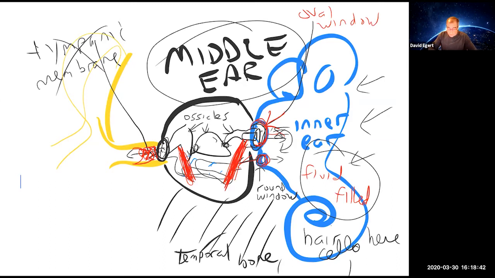I didn't turn on my little extra keyboard, which I'm doing now. There's tensor tympani muscle, which is attaching to the hammer part. There's the stapedius muscle, which is connecting to the stirrup. So these two little puppies